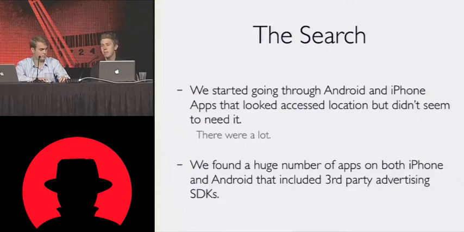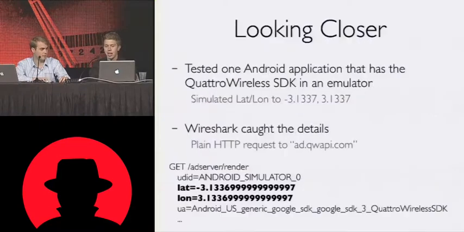When you think about it, it makes a lot of sense. An advertising SDK can access your location in order to serve you more targeted ads. It's the Gmail value proposition, right? Gmail looks at your email in order to serve you more targeted ads, and so you don't have to see a giant banner. And people are aware of this. I use Gmail personally. As long as everyone knows what's happening, it's a good thing. Yeah, it is a good thing. So when we look closer,